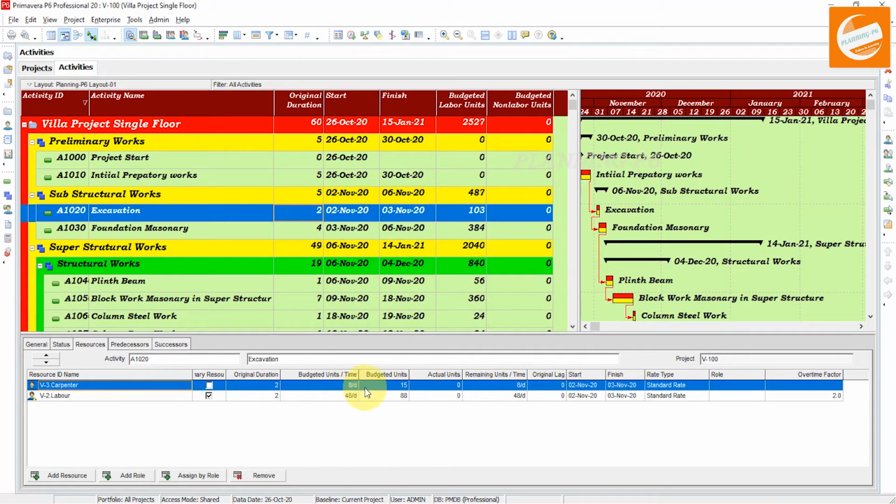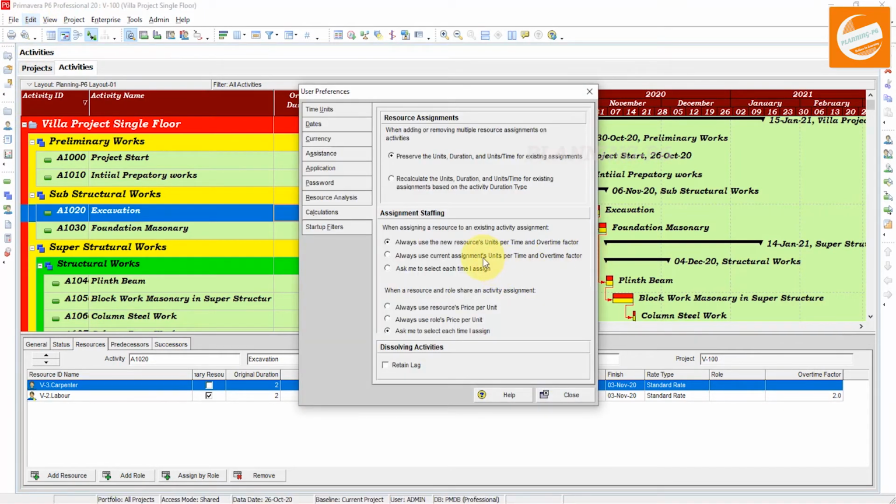Now you can see the default, the new resource factor is applied, and the budgeted units also as per default. And if I change the setting from here, user preferences, and I select always use the current assignment units per time and overtime factor, it will not change.